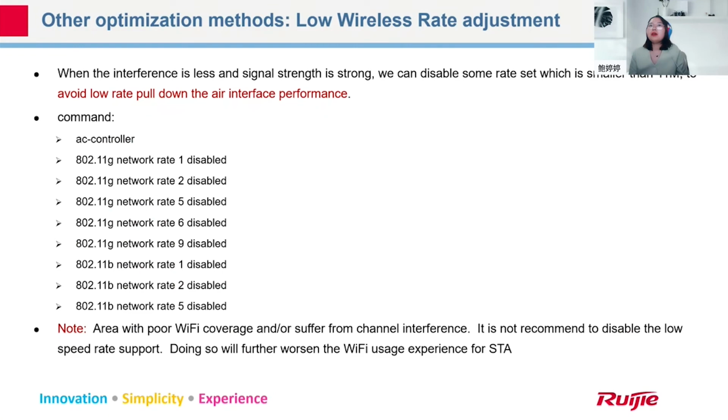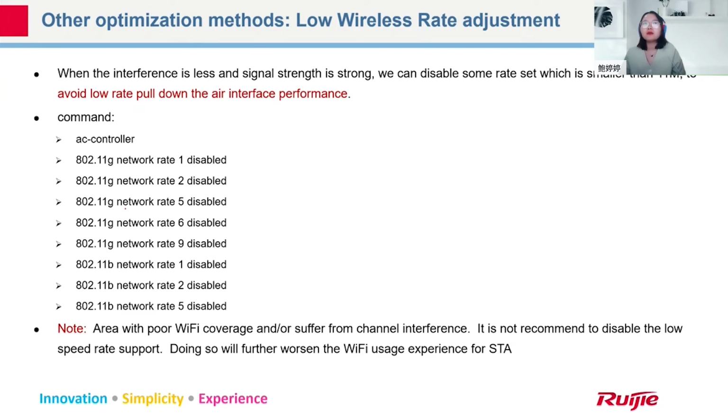And another one, maybe you can provide the adjustment for low wireless rate. For example, in the internet, we have lots of protocols we can use, right? Like the 802.11a, b, and g. And this one we can deploy in different bands, 2.4G or maybe 5G. And we can disable this lower rate and avoid low rate pulling down the air